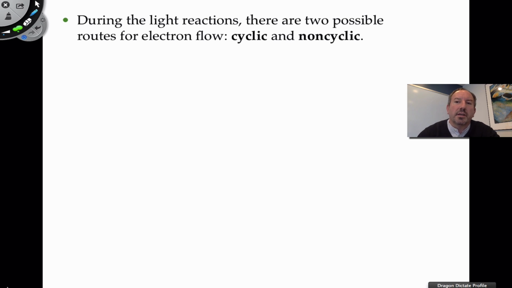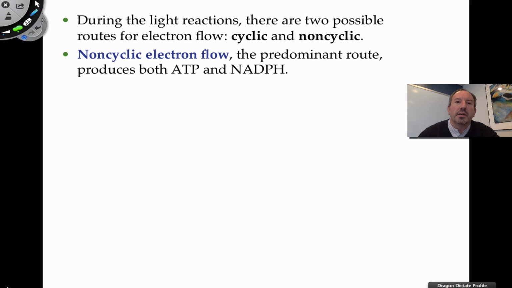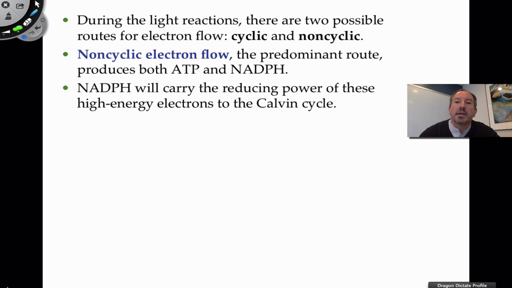I was mentioning non-cyclic when I was referring to the flow of electrons between photosystem II and photosystem I, and then ultimately to NADPH. As it turns out, sometimes the concentration of NADPH is really high in the stroma, and there's really no need to make it. But the cell really always could benefit from making ATP. And so, as it turns out, there's an alternative to the non-cyclic electron flow. Although it's the predominant way in which photosynthesis takes place,